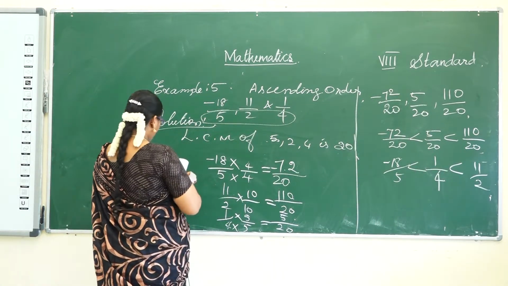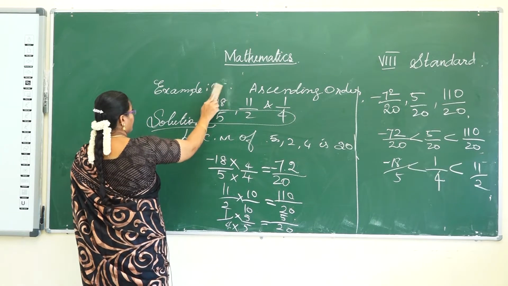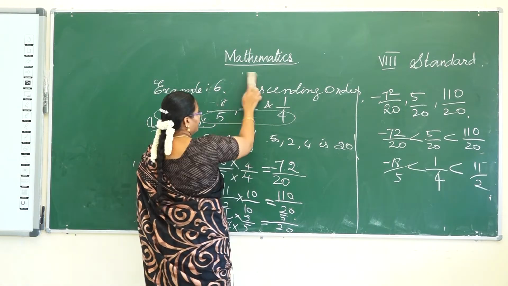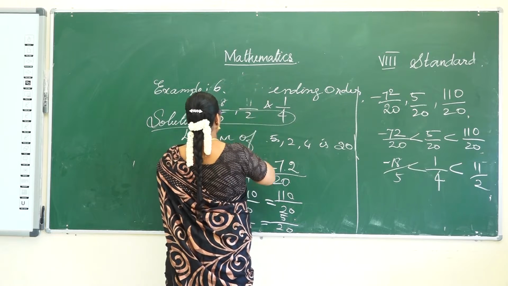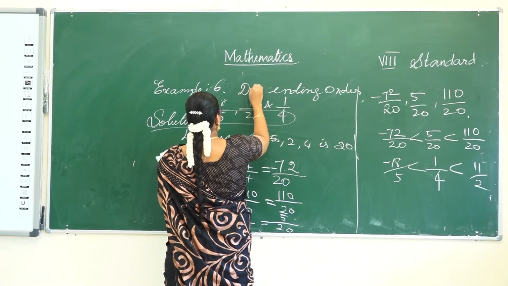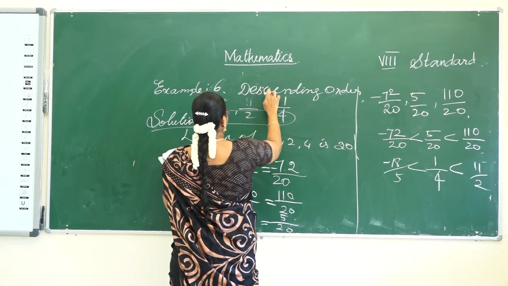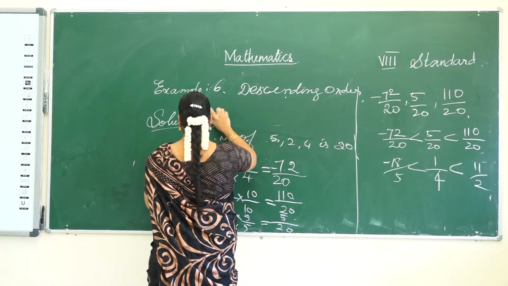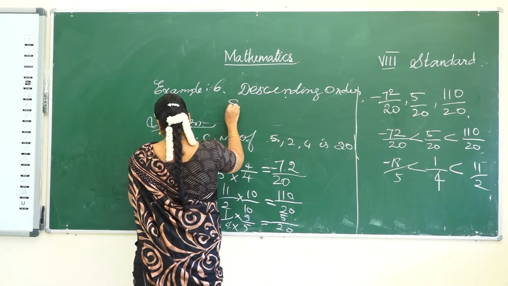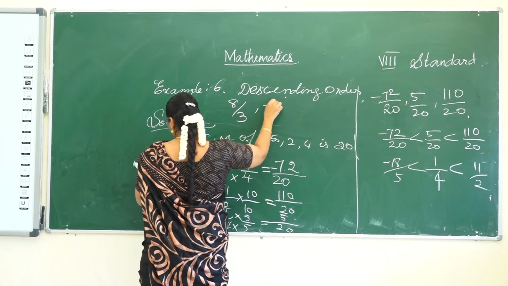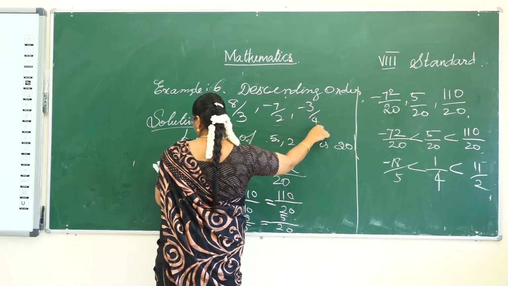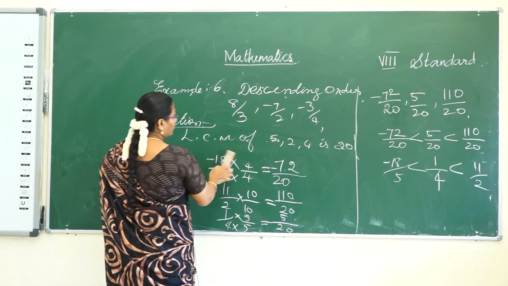Okay. And next one, example 6. Write in the descending order. Descending order, the numbers are 8 by 3, minus 7 by 2 and minus 3 by 4 is given. Okay. So, solution,